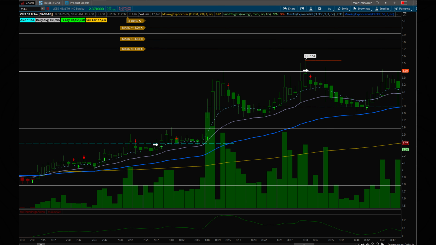Now, remember, because I'm currently in the small account challenge and I can only take one trade each day, I stayed with the trade through that $2.88 target and watched to make sure it would hold onto the 20 EMA on the pullbacks. And between and 8:22 a.m., it held the 20 EMA. Then it pushed onward again to that $3.37 target again. This was the second test of that